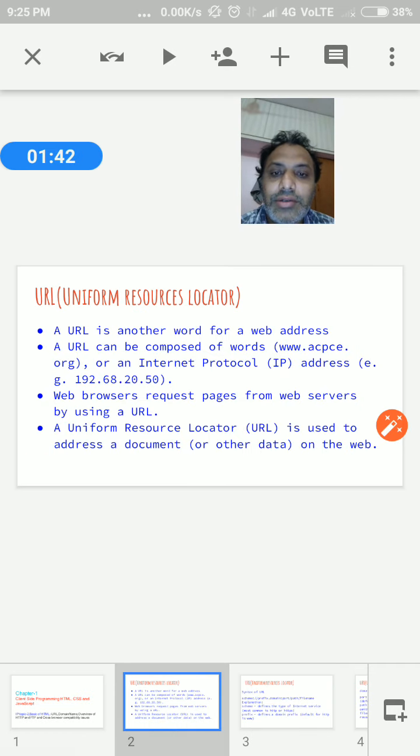Then we go to the next slide, which is how we create a URL. It means what basic syntax is required for the URL. First is the scheme, or we can call it the schema, then colon double slash, prefix dot domain dot, or colon port, slash path, slash file name. You already know how we call the URL directly and the output, but basically how we create those URLs using that syntax.